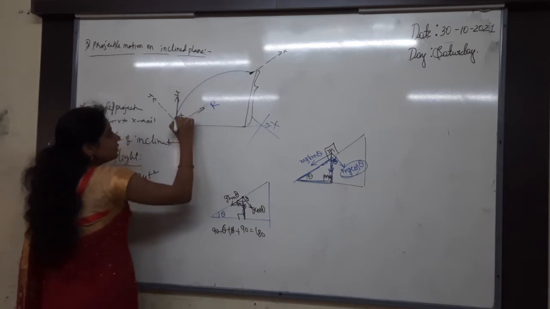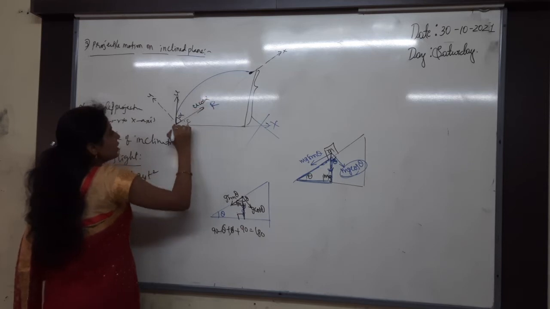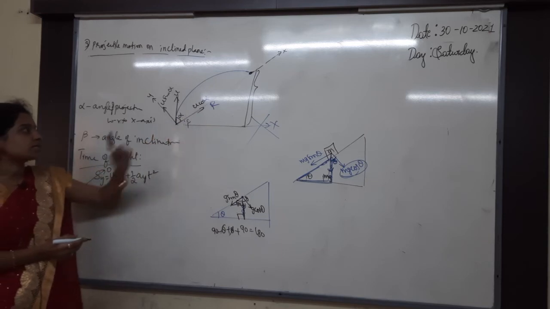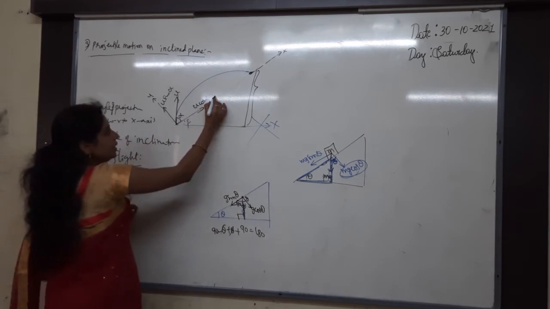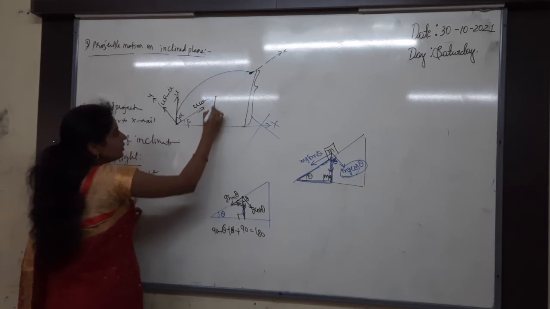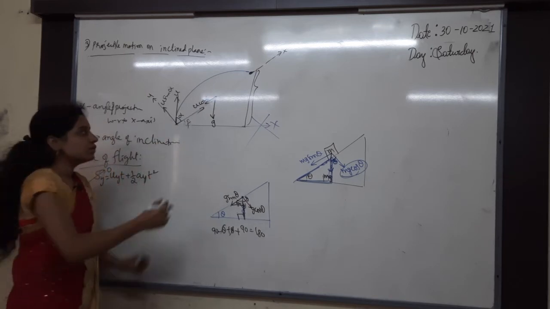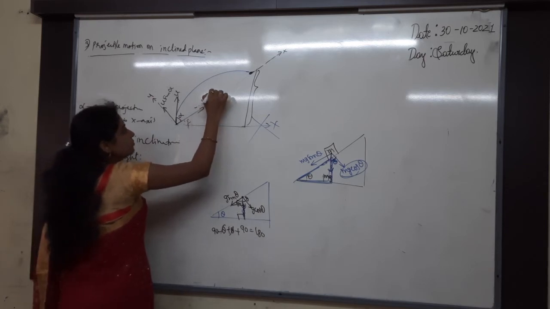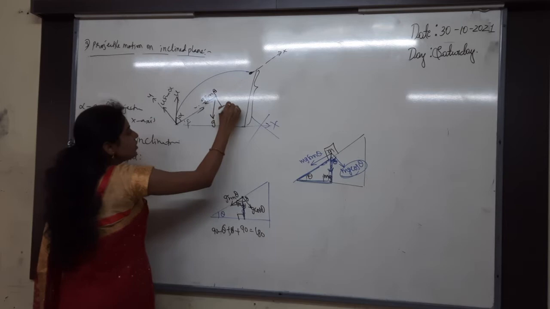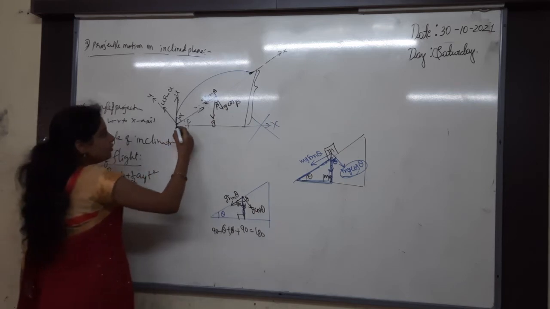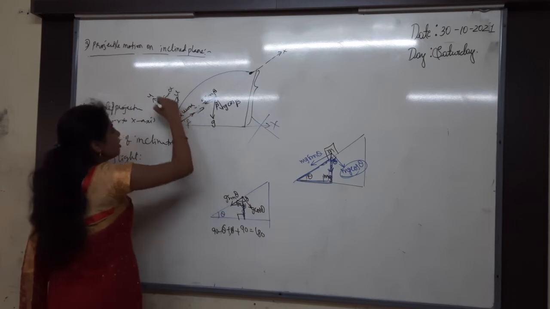See that this is the u, right? This is alpha, so this will be u cos alpha, and then the vertical will be u sin alpha. Along the y-axis u sin alpha, along the x-axis u cos alpha. Now here g will act, right? Downward direction g is there. Along the inclination what will we get? g sin theta, but what theta here? Beta. So that is g sin beta, and opposite to that is g cos beta. Whatever I have told here, the same thing only. Here the theta angle is there, here the beta angle is there. Nothing is changed. Now this one is u cos alpha, and opposite one is u sin alpha.